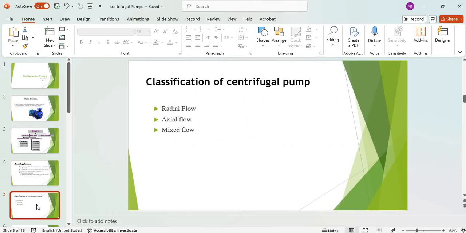There is a classification of centrifugal pumps. Three classifications: radial flow, axial flow, or mixed flow. So, what is the radial flow? Radial flow is